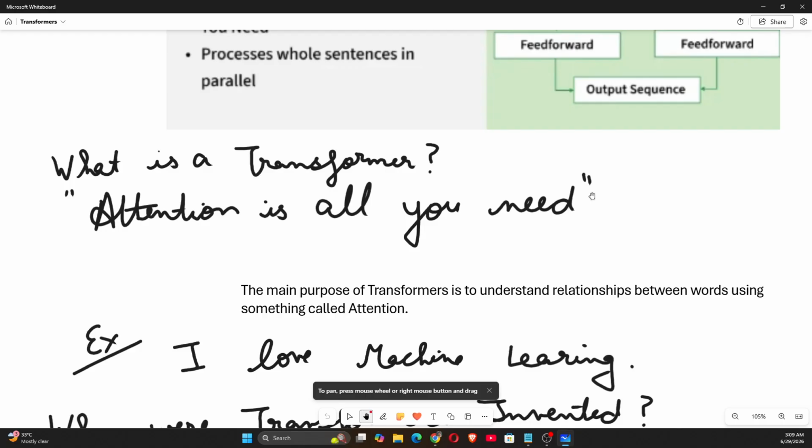The key idea behind transformers is attention. Instead of processing words one at a time like older recurrent neural networks, transformers look at all the words in a sentence simultaneously and learn which ones are most important for understanding each word. For example,